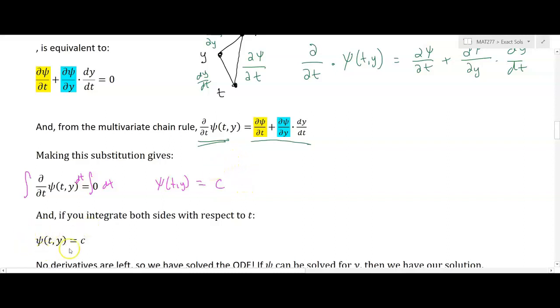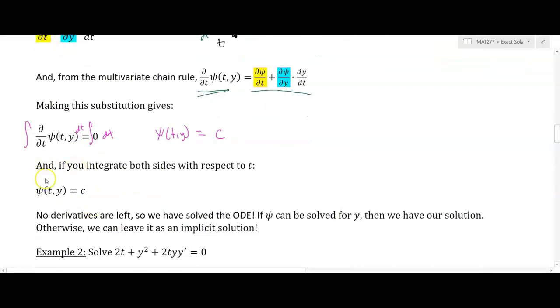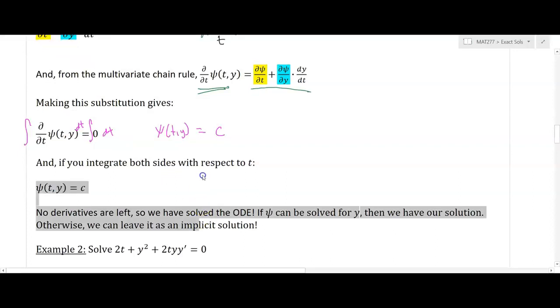So then we end up with psi of t comma y equals c, and right away you'll notice this no longer has any derivatives in it. Therefore, this would be the solution. And if psi could be solved for y, then we have our direct solution. Otherwise, we can leave it as an implicit solution. So if this is too hard to solve for y, you just leave it as what we call an implicit solution of y. That just means that it has to stay that way. It's still a solution, but it's not necessarily in the form that we want it to be, like y equals